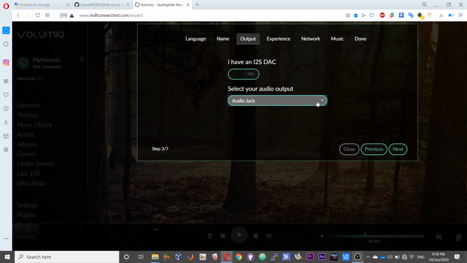Right now I have plugged in my USB DAC card, the DAC card which has both the mic port and the auxiliary port. So I'll use that. In your case, if you are using an I2S DAC, go ahead and select that over here and then choose next.